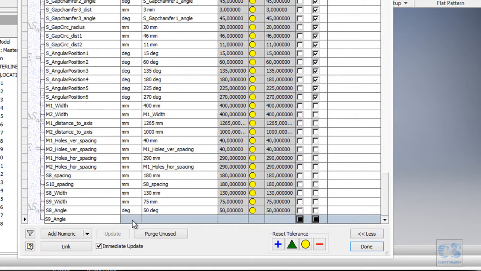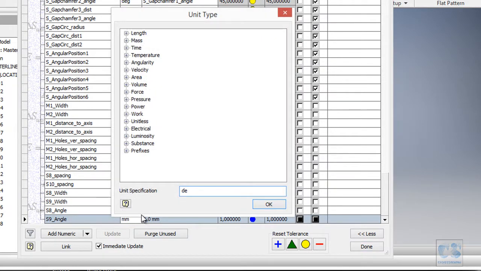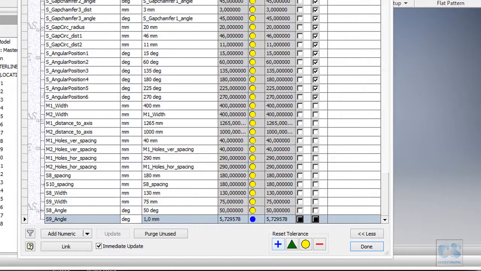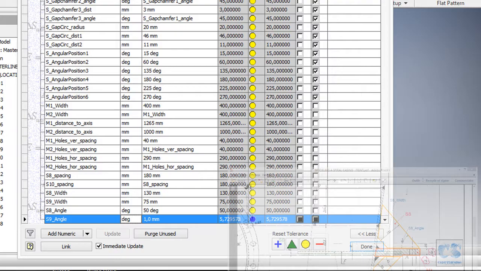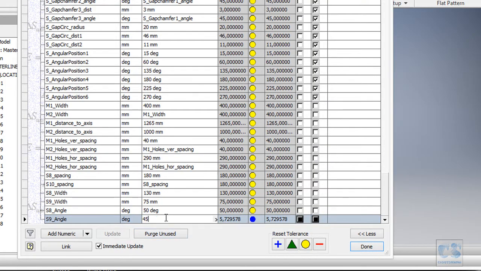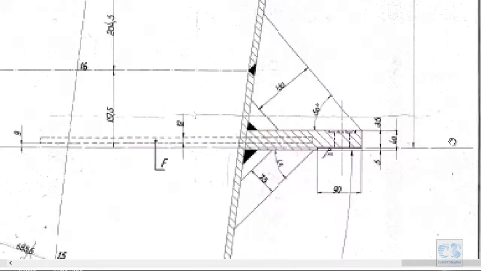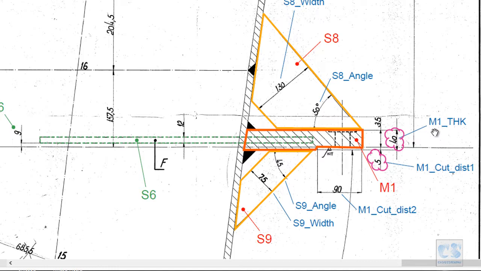Now for the rib, so S9, and for the angle we want this to be degree first, and for the value it will be 45 degrees. Then this is done, and we will add another one for the thickness of the mounting plate, which is 40 millimeters.